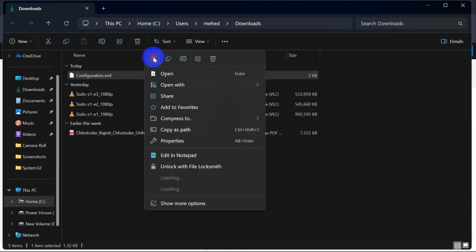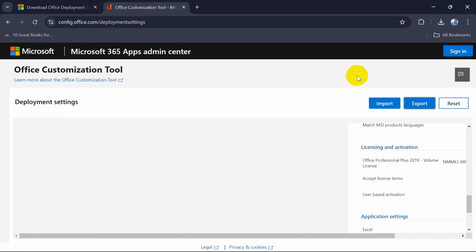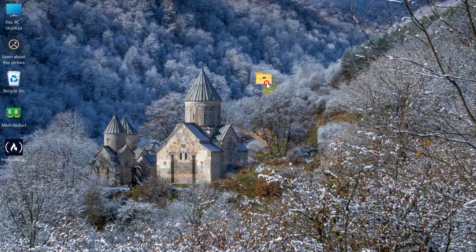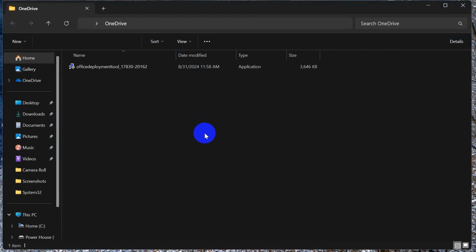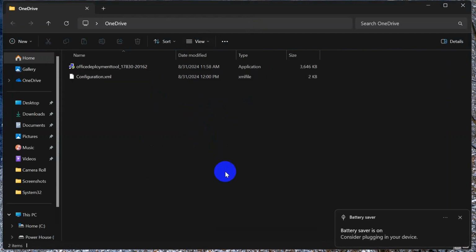So from here you just need to cut it from here, minimize this and paste it over here like this. So after that, we will select the Office Deployment Tool over here, going to click Yes,